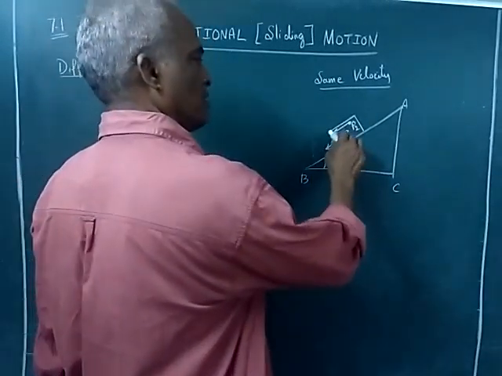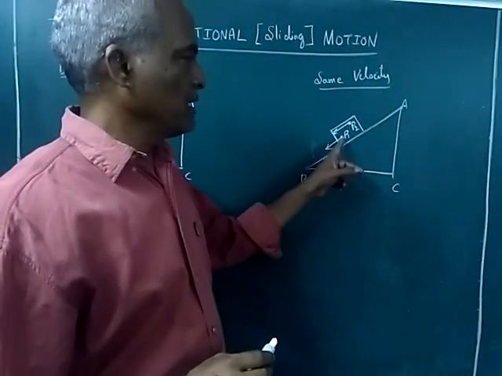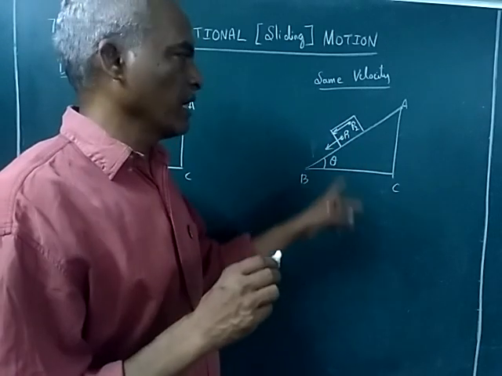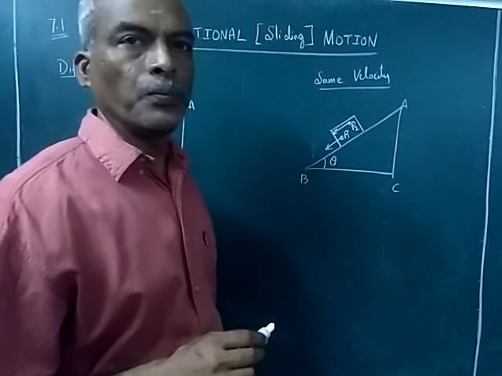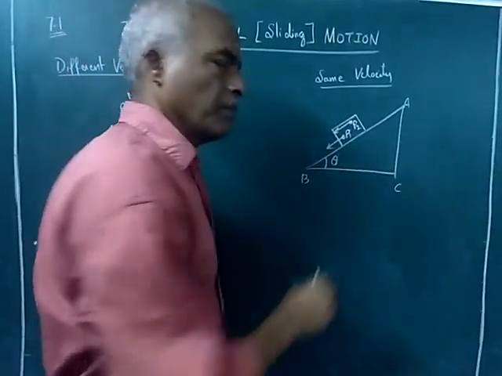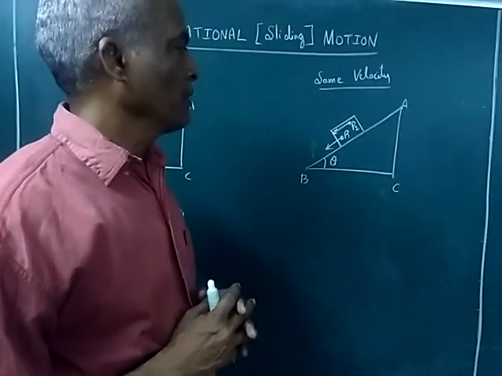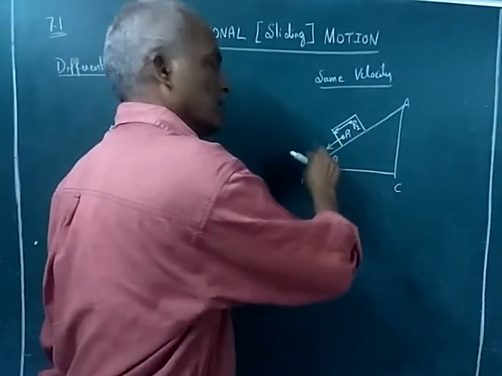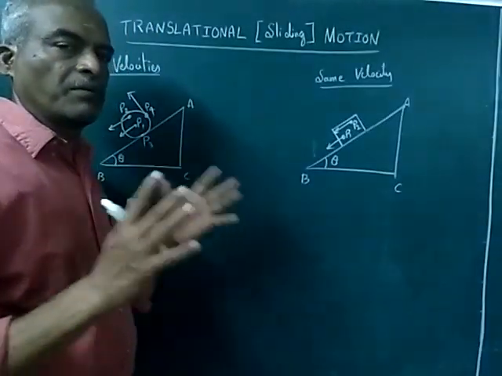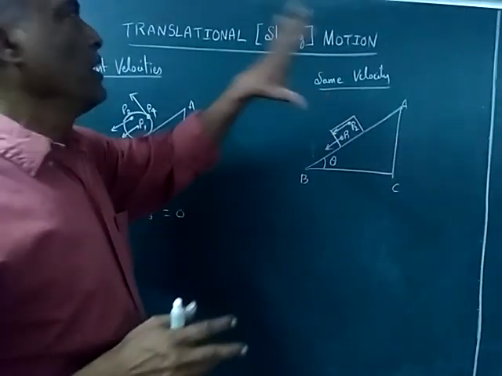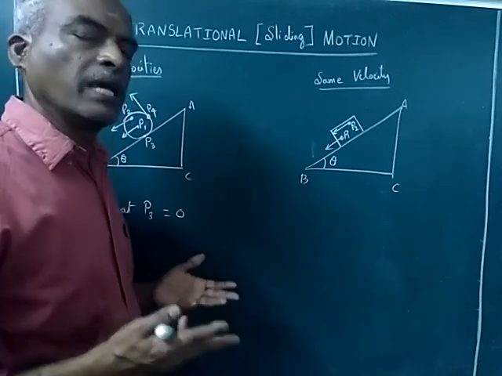Assume this is a solid rigid body, and we consider 2 points. It's a rectangular rigid body with two particles P1 and P2. The distance between the particles is always the same, the shape is not deformed, and all these particles move with the same velocity. If that is the case, we can straight away tell this body has a translational motion, or we can say a sliding motion.